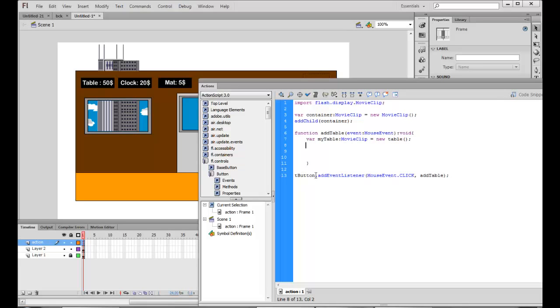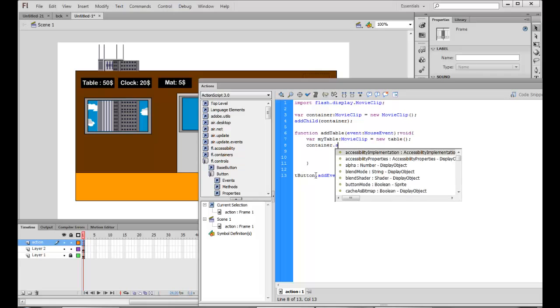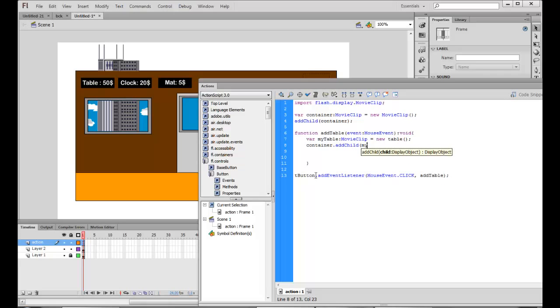Now once this is done, I have to be able to add this. So I'll say container.addChild(my table).